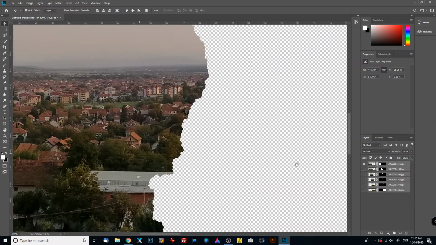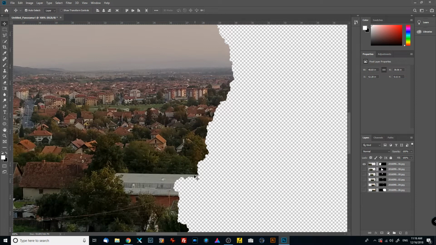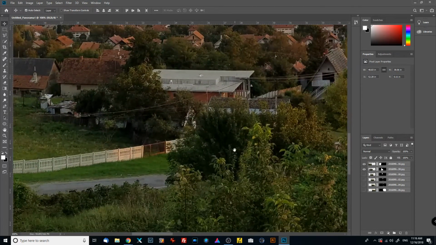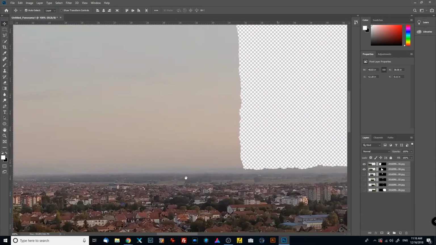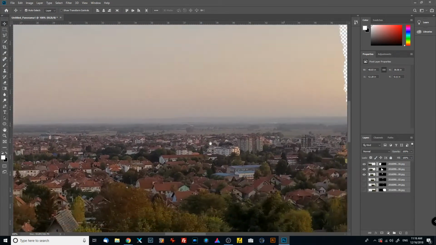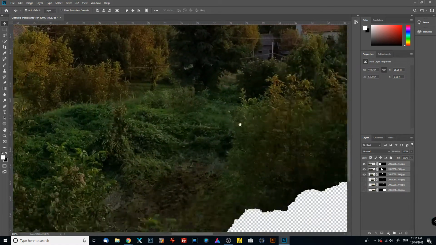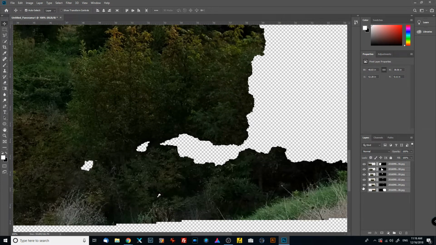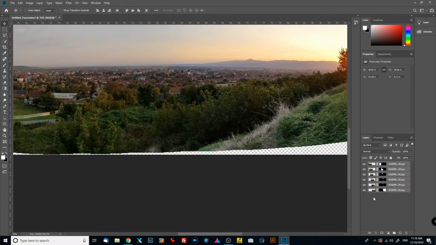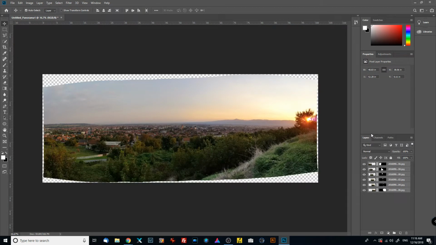So this is our first layer. So here where Photoshop stitched these two images, right, along this line, you might see some misalignments. Right now we don't, because Photoshop did a good job. But sometimes you actually can see that the images are not stitched together properly. So inspect your panorama for that, and when you're sure the panorama looks good, you can basically select all these